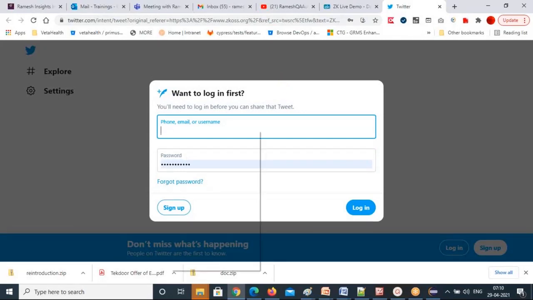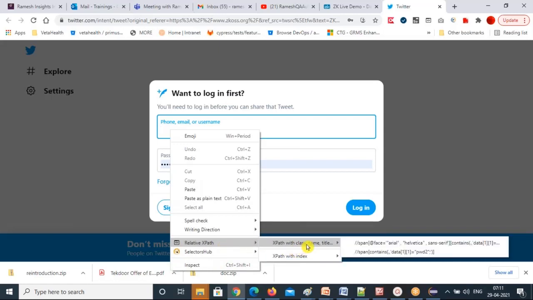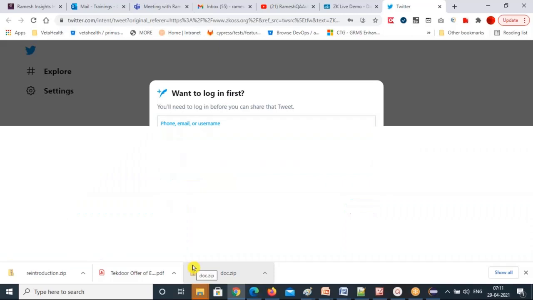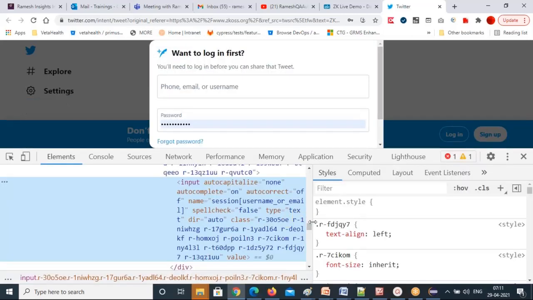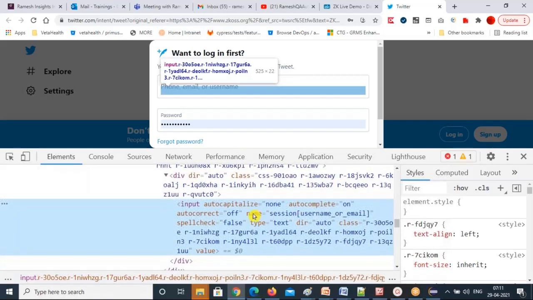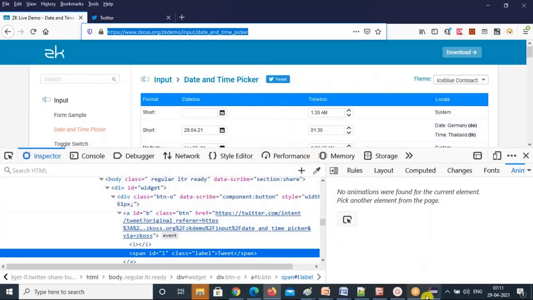So this one, right click and see, relative XPath also will give properly to you. See that password, which is also wrong. Or inspect first. So we'll find out why it is giving wrong. Yeah, you can see here name locator is there, and only name locator is there. I'll take this name locator and I can identify this with name. I can identify that with name.